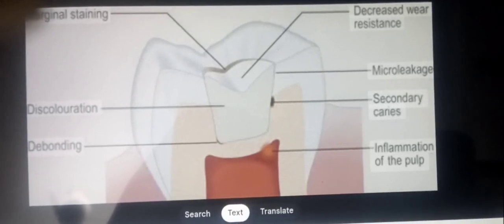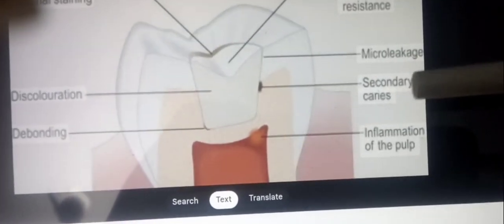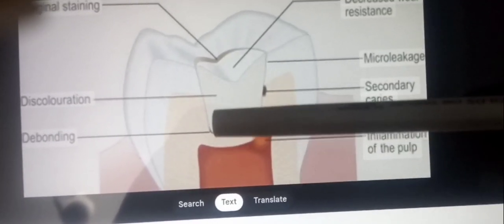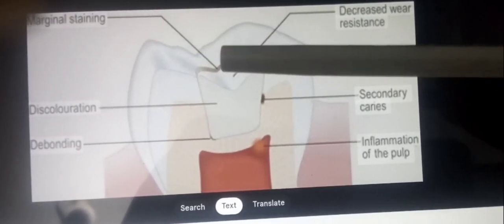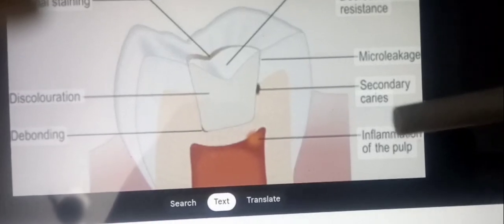And then, first of all, it can lead to secondary caries, pulp inflammation, debonding of the restoration, marginal staining of the teeth. And then we have also sensitivity of the tooth due to